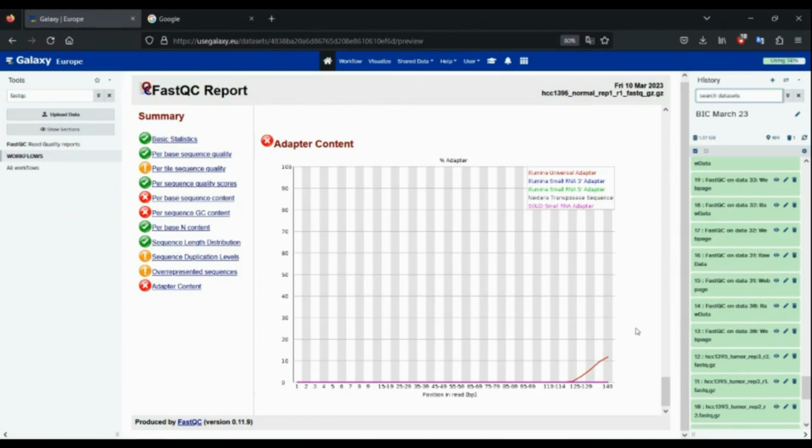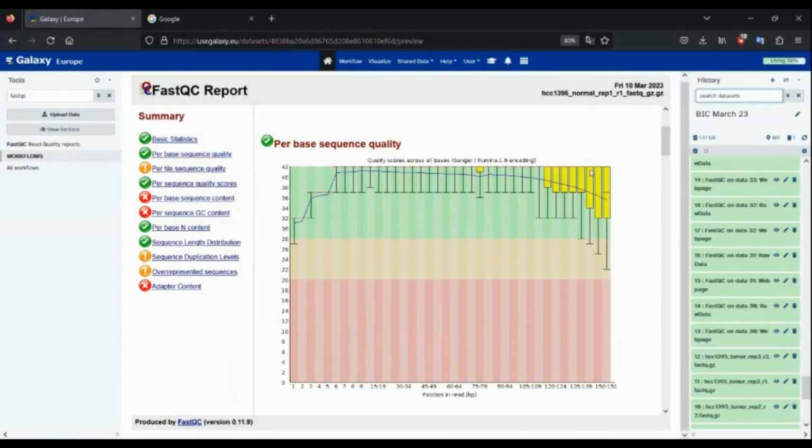So how do we deal with that? The one topic I didn't cover during the workshop is what can be done when you have adapters or some sort of contamination, because I wanted to show you hands-on. We can simply remove the adapter. Speaking of which, I hope everyone has generated their FastQC output. What we're going to do is look for a tool to do some trimming for us. Trimming just means that if the yellow bars are extending all the way down, we'll use a sort of scissor and smoothly trim it so that it falls below a threshold that we specify. So if we want to correct the adapter,